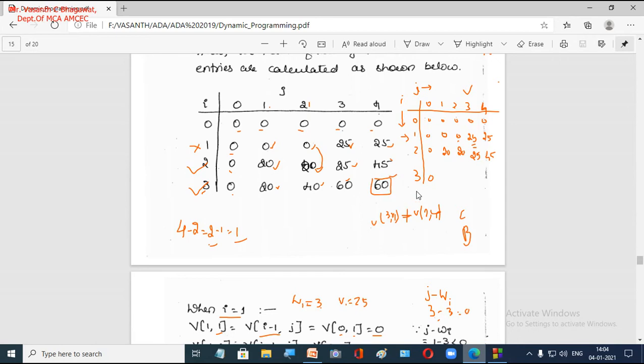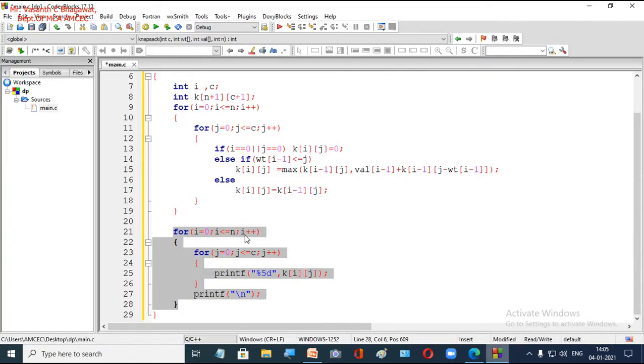What is the maximum profit you are going to obtain here? It is this 60. So you are going to return this. This is your actual answer. But if you want to display this matrix, this profit table also, then you can use these lines of coding.